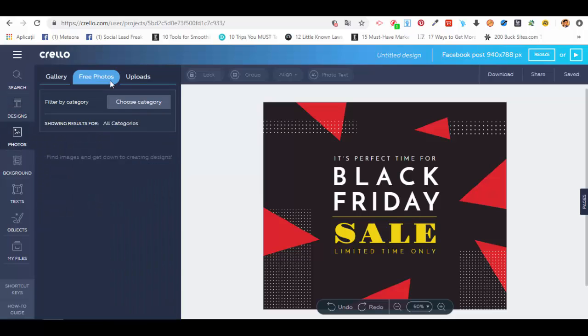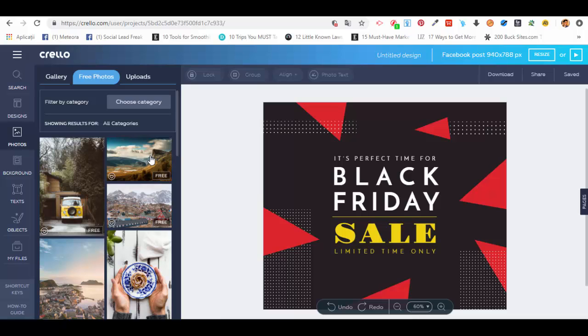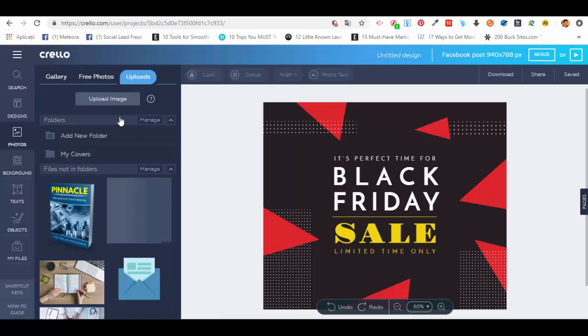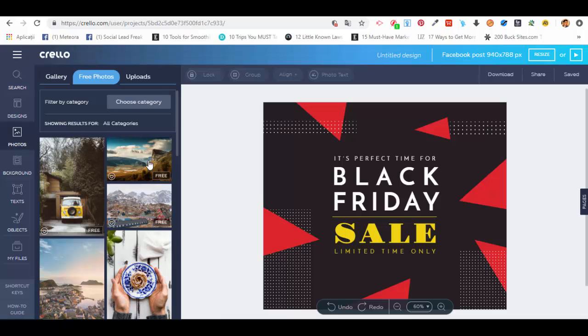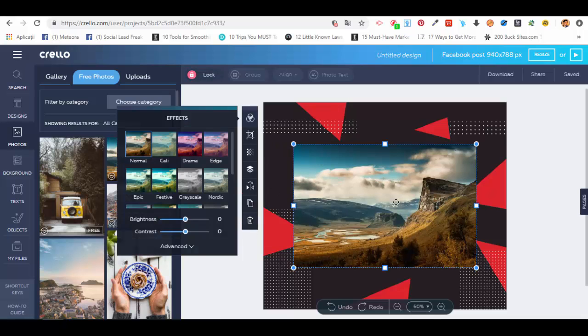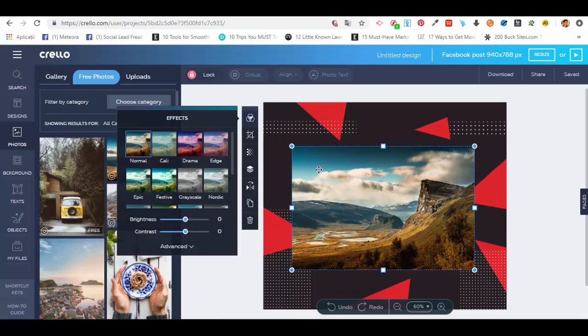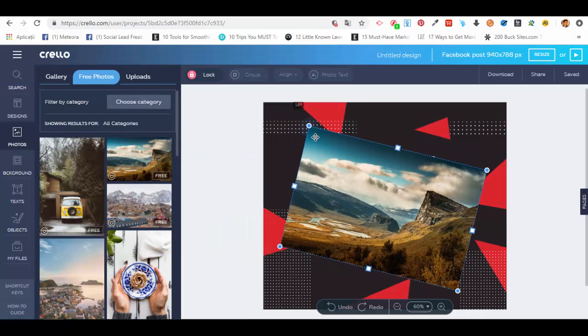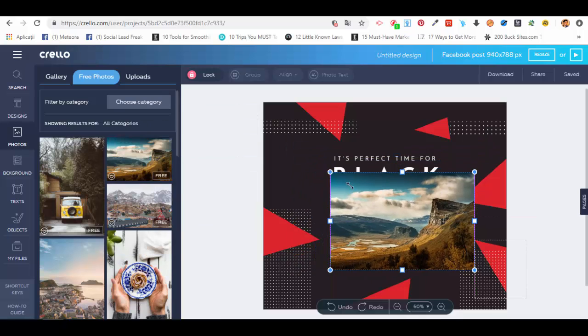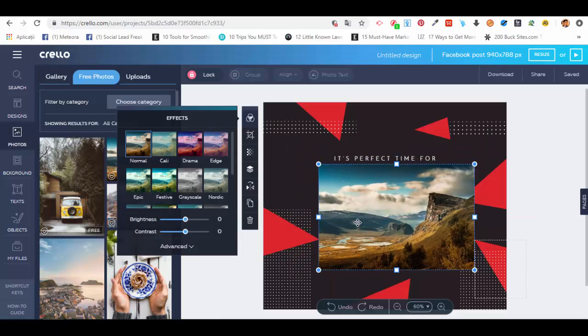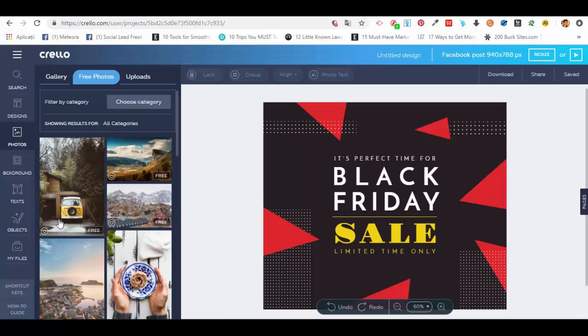You have seen already how you can do that. You just go in the photos category. You can upload your own photos, or you can use free photos. The photos themselves are an element. As you can see, they have options. They can be rotated, they can be resized, they can be cropped, and they have many functions. But most of the elements that you will probably want to use in your designs are found in the